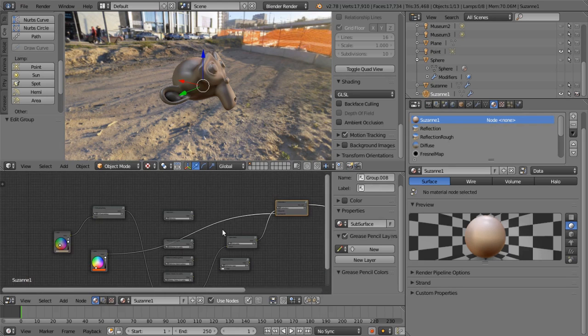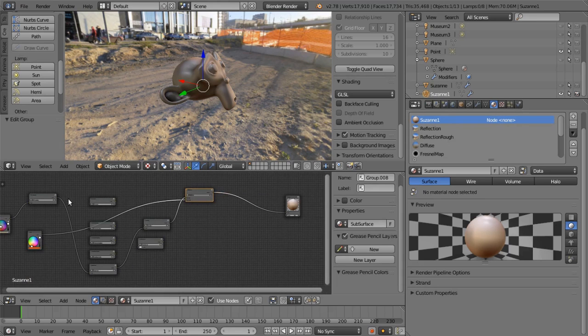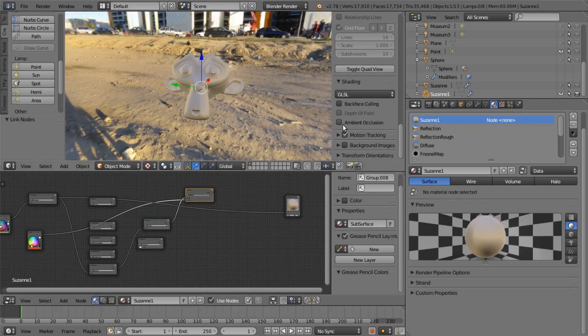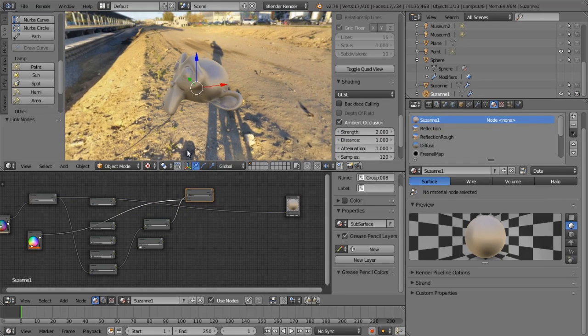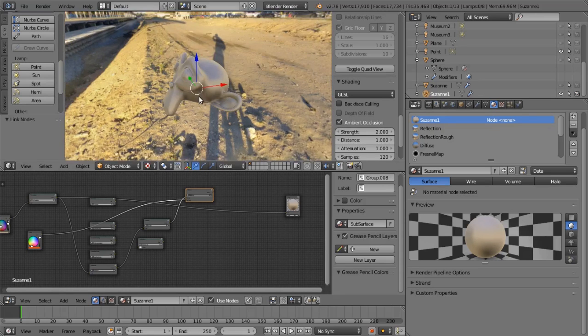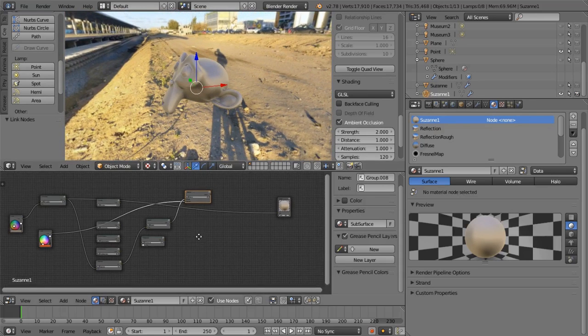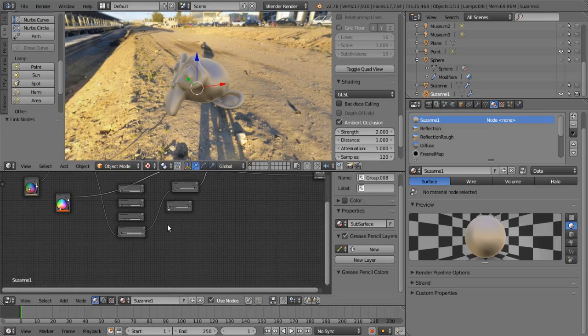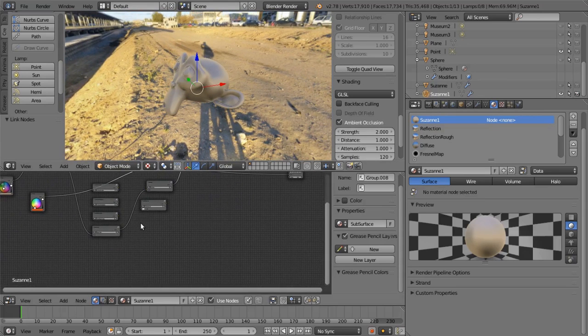And just so you can see what these look like through the steps, the diffuse lighting node looks like this. This is what we generated. And I would have my screen space ambient occlusion on if I was just using that. Then that output, you can see that the environment lighting is being applied to it. However, there is no shadow, at least from the main light source, the OpenGL light source that's in there generating